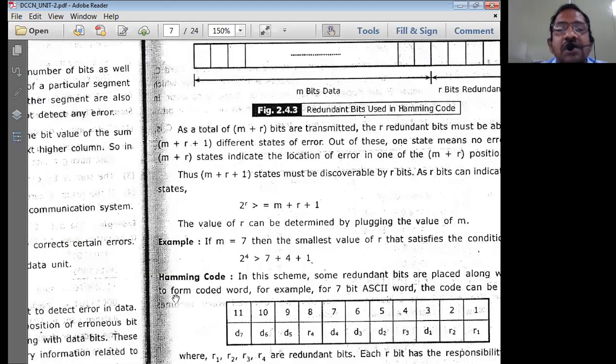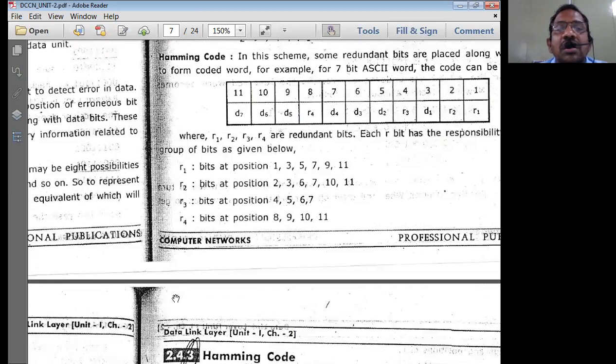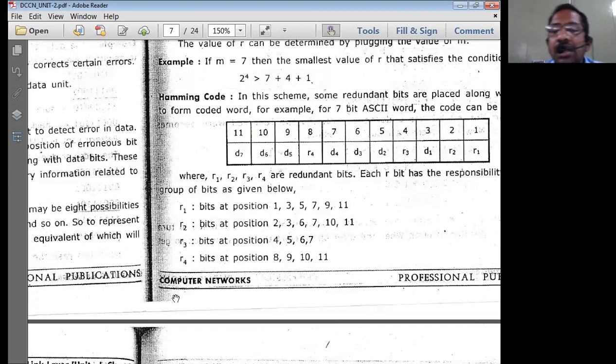You can experiment with this with more than 7 bits. You can go with 11 bits. If you go with 11 bits of data, how many bits do you have to take? Usually you take the bit positions in terms of powers of 2, maybe 1 less than that is fine. 2 power 3 is 8, so 8 minus 1 is 7. 2 power 4 is 16, so 16 minus 1 is 15. So you can take the total data bits as 15. Then you can use 2 power 5.